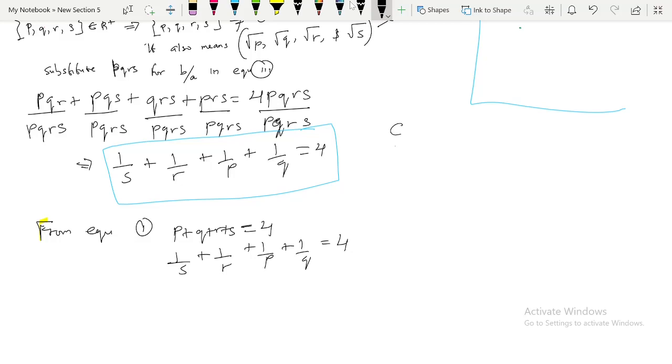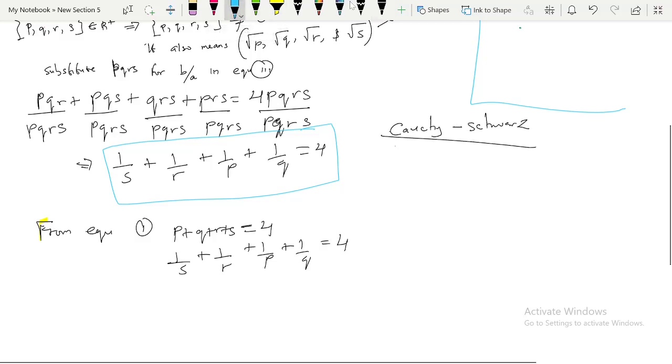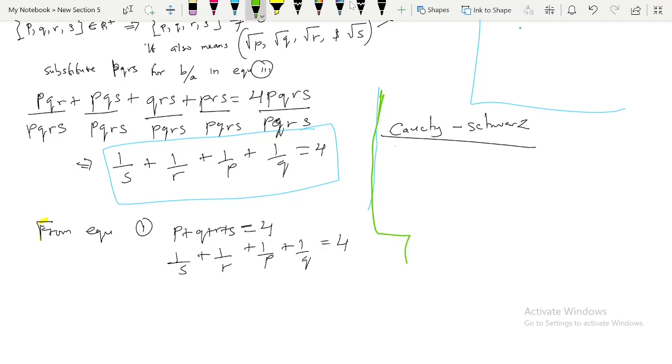So we're going to need an inequality here, and I'm going to show you how we're going to force the equality case. So this is the Cauchy squares inequality. I'm sure this is a common inequality in Olympiads. Let's just put Cauchy squares here in case you don't know what Cauchy squares is. It states that